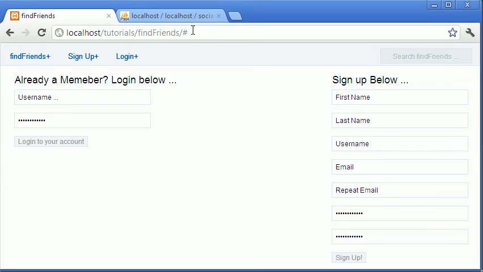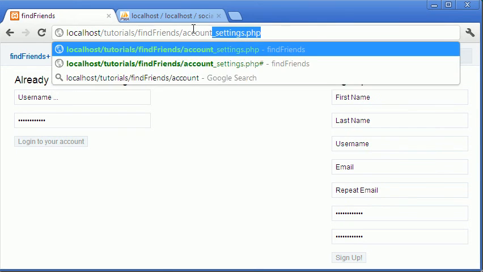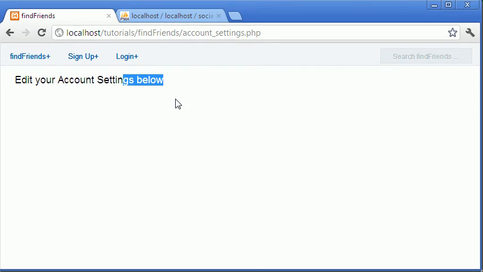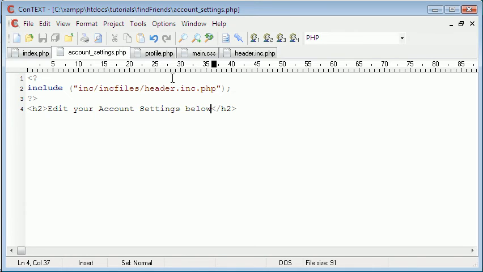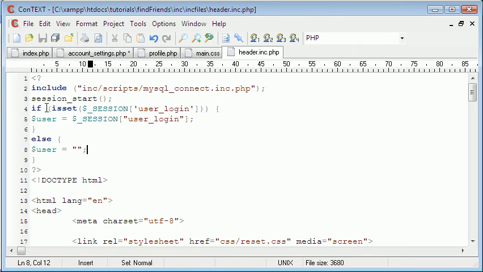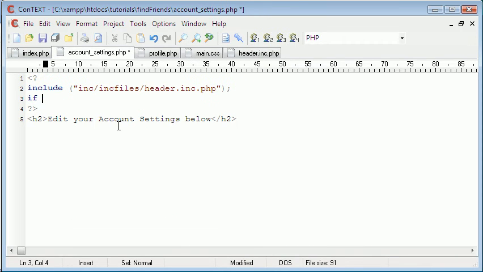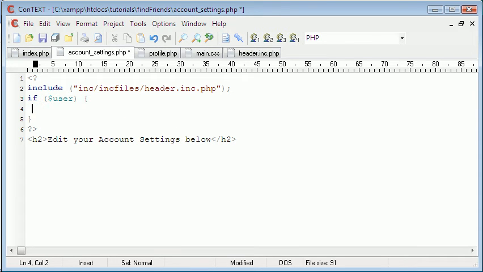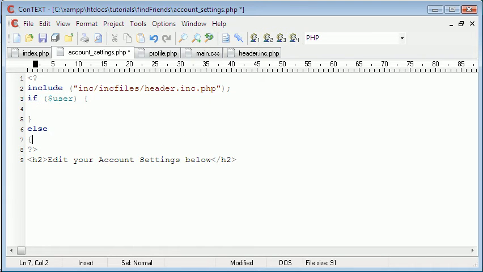And if we go to this page now, there we go. But as you can see, I'm not logged in because of the menu, and we don't want people who don't have accounts or who aren't logged in to be able to edit their settings. So since we included the header file, we can use this variable user. So we could say if user, which means if session username exists. So if they're logged in, we could just do nothing, and then if they're not logged in,